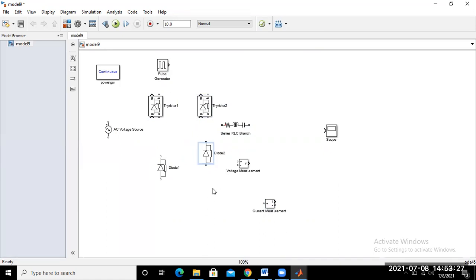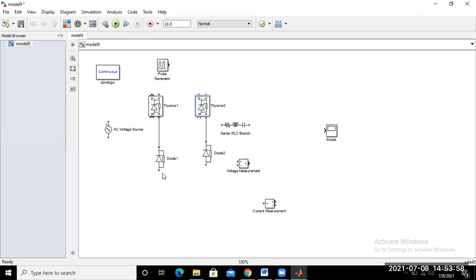Now just try to connect this SCR and diode. So you may connect from this point to this point. Okay, and this point to this point. Okay.